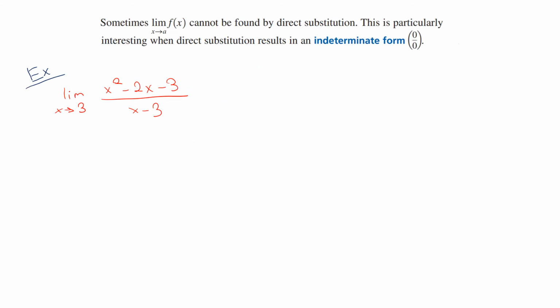So you will not always encounter that direct substitution works every single time. You're going to see cases where direct substitution doesn't work, and you encounter an indeterminate form, where your denominator and numerator are 0. If we look at this example, what I mean by direct substitution not working is if I try plugging in 3 for numerator and denominator, I would get 9 minus 9 over here and 3 minus 3 over here, which would give me 0 over 0, which is exactly what they're talking about over here,